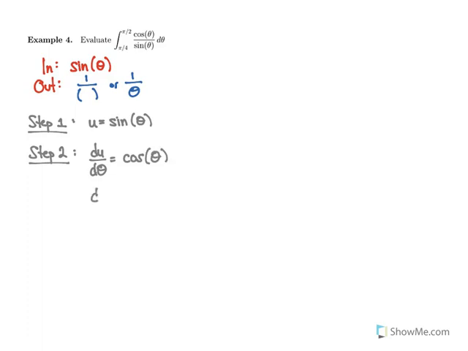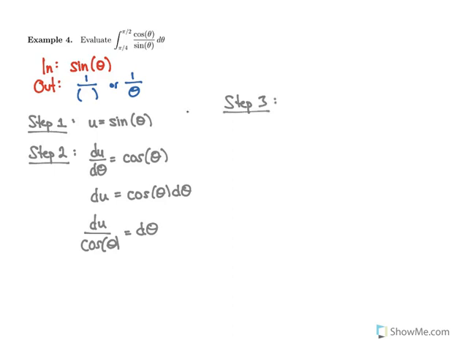And we are going to solve for d theta to replace it with our du. So we're going to multiply both sides by d theta, and then we are going to divide by our cosine of theta on both sides to give us d theta equals du over cosine of theta, which gets us to step 3,